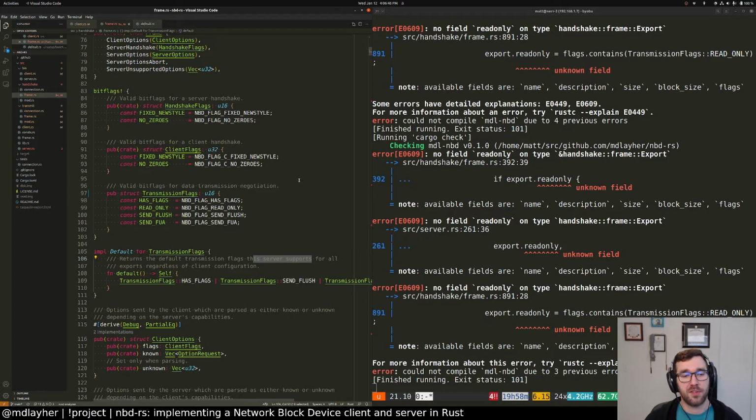Returns the default transmission flags for an export regardless of client configuration. See, the problem here is I'm trying to think of things from both the client and server perspective. From the client perspective, you want to be able to see all the capabilities the server supports, but from the server perspective, I don't really want them to be able to misconfigure this, like has flags 0. So